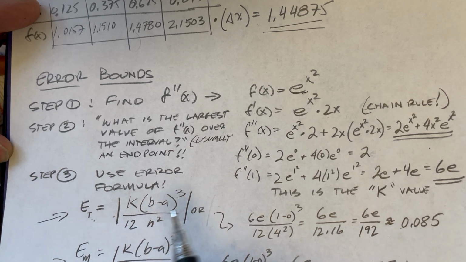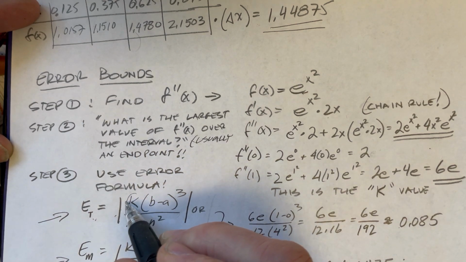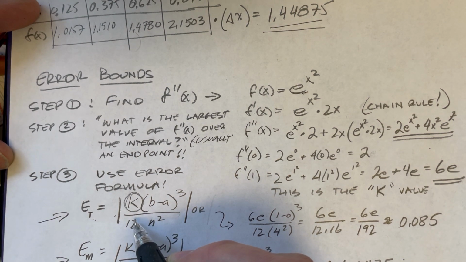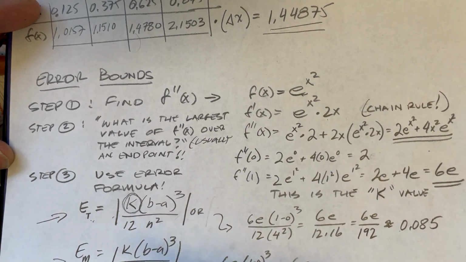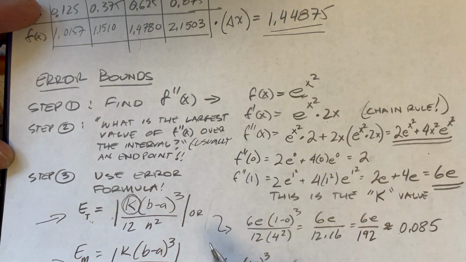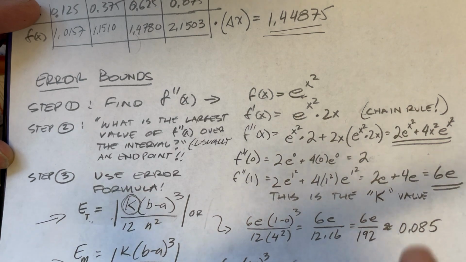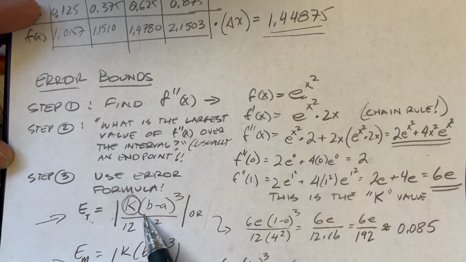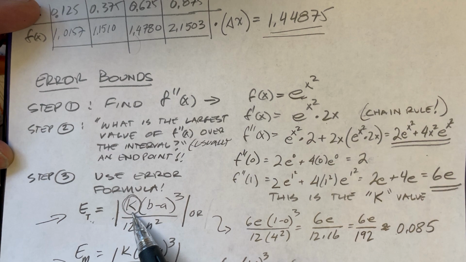So the formula goes like this. We need to find this k value, and this is the most difficult thing. It has to do with the shape of the curve. You're going to be less accurate the more kinks the curve has in it, and the broader the width of the interval that you're finding the area over. This k is simply defined as being the largest value that the second derivative of the function can take on